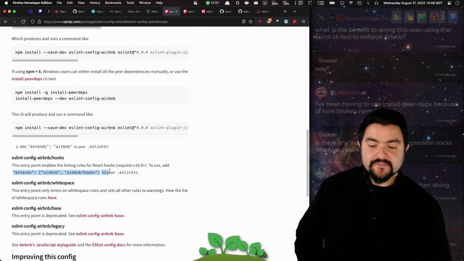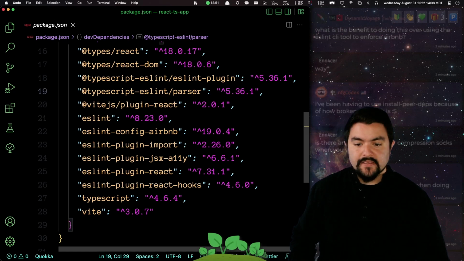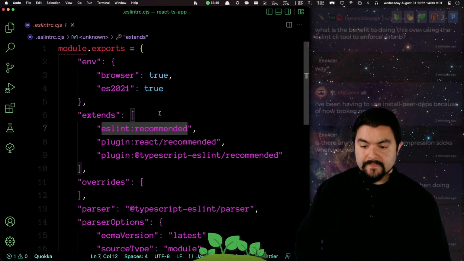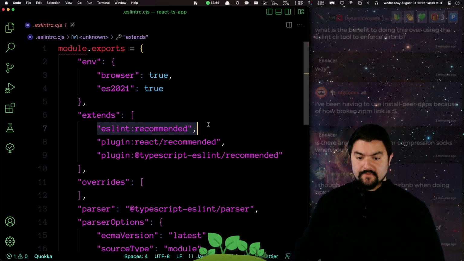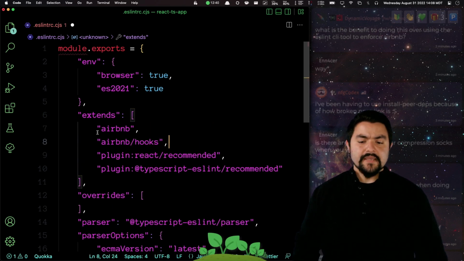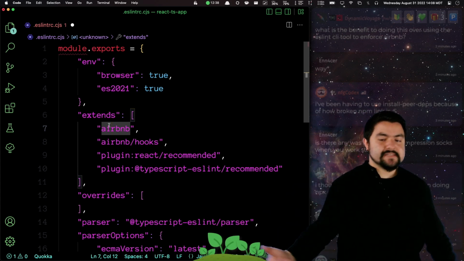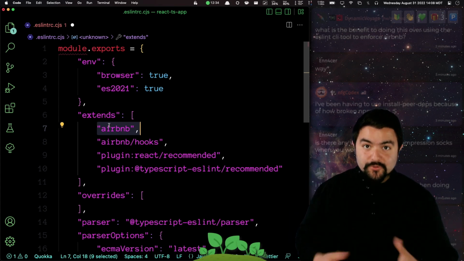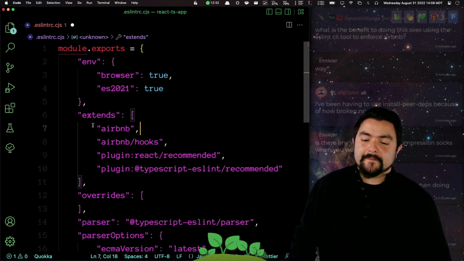So specifically in the extends section of our eslint, we want to add Airbnb and Airbnb hooks. So if we go over to our eslint here, I'm actually going to get rid of eslint recommended, and I'm going to add these in. Airbnb essentially overrides eslint recommended. Airbnb has all of the things, all of the rules, all the things I want and need. So once I put it there, we're not extending from